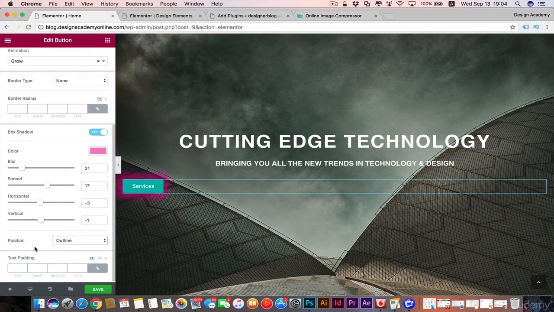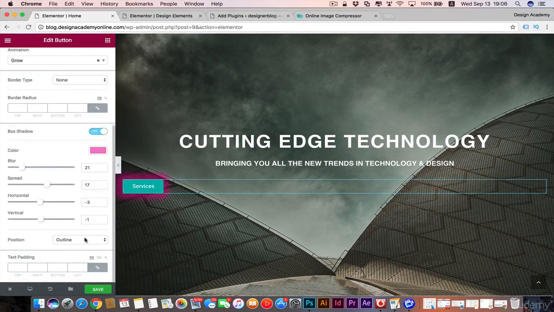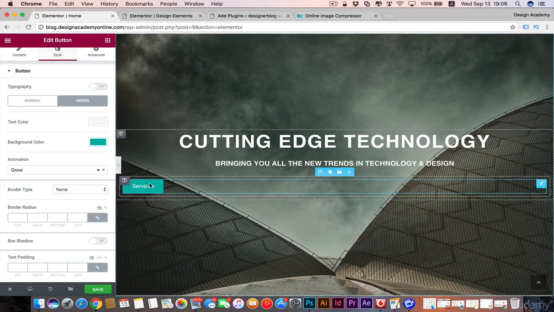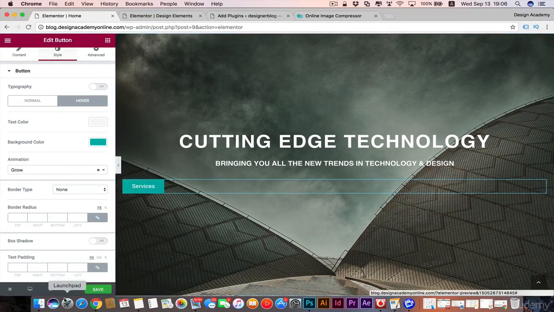And you can change its position to make it inside the button instead of outside like that. And you can keep it outline if you want to, but that's for demonstration purpose only. I'm not gonna use it in my button, so let's close that for now. So we have the hover option like that. Okay,